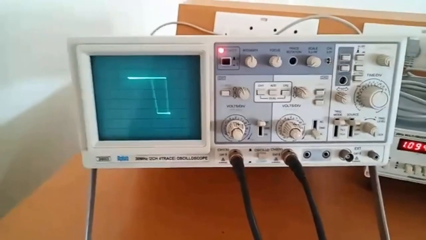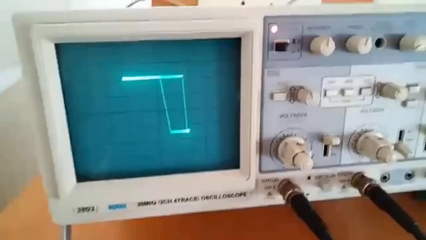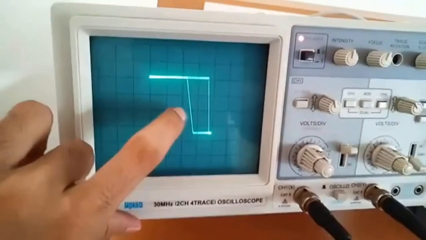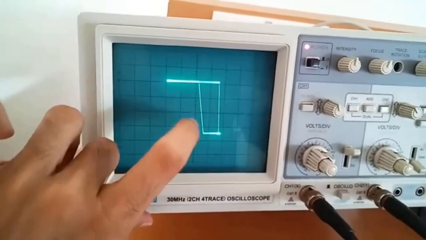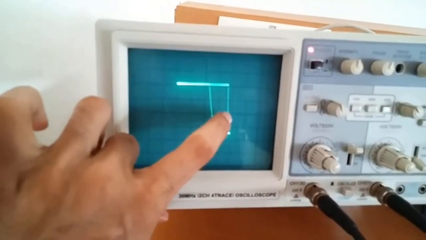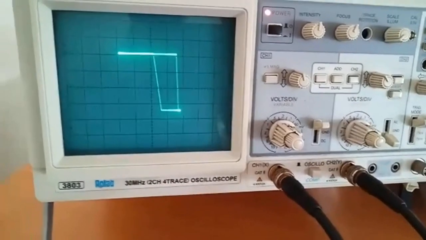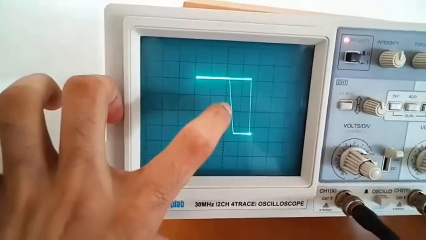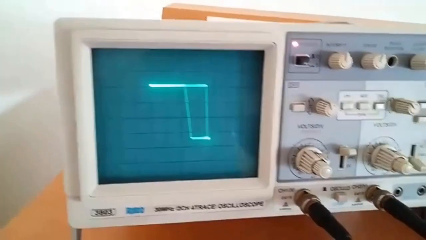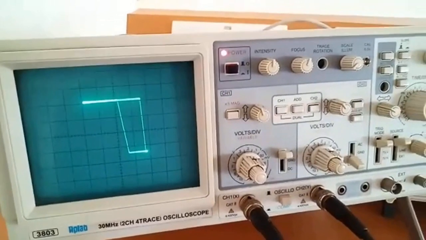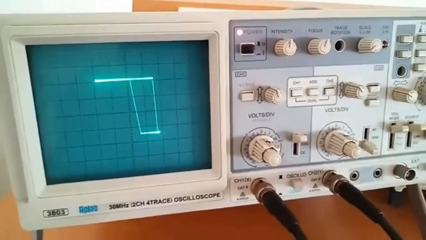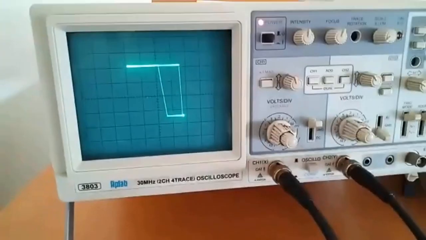Now if you look at the output, this is the hysteresis loop, that is XY mode, that's what we have set. This point is the lower triggering point, this point is the upper triggering point. Now it is 1.6 into 5, that is 8 roughly, and the lower triggering point is 0.4 into 5, that is 4. So whatever we have designed theoretically, the same thing we are getting here.